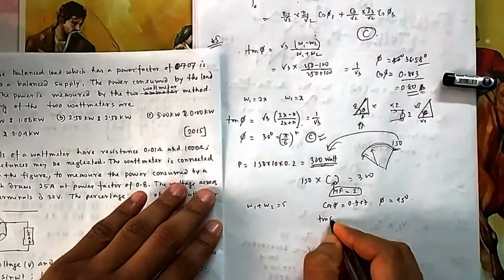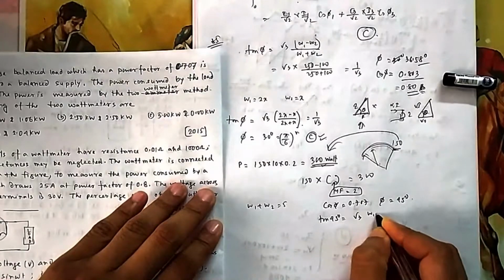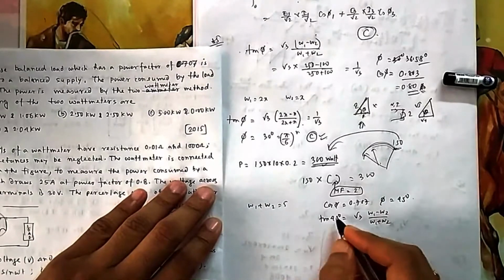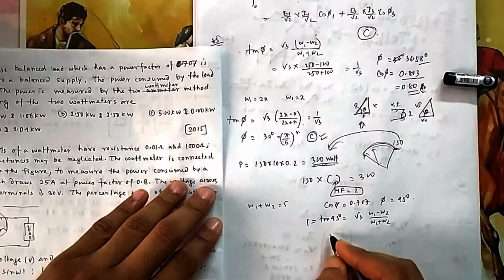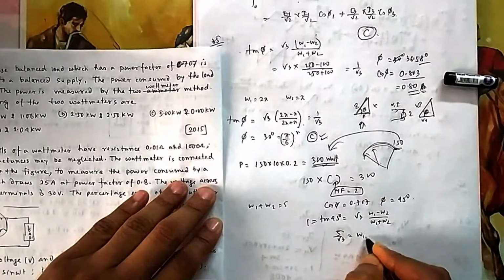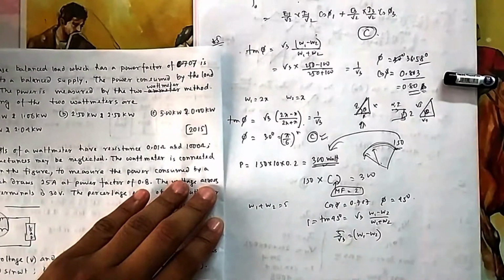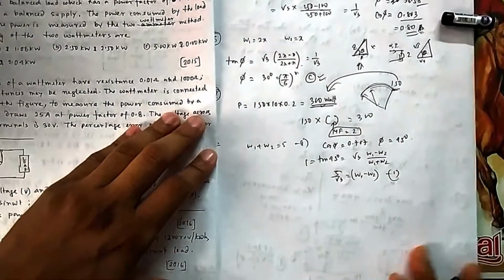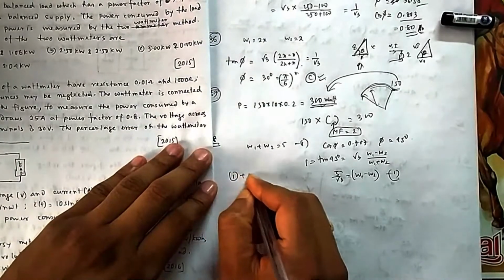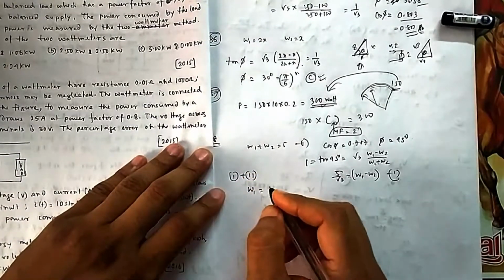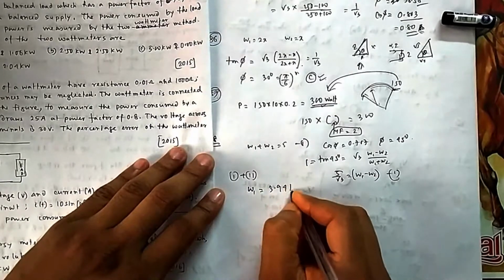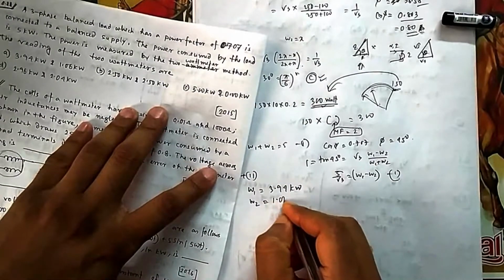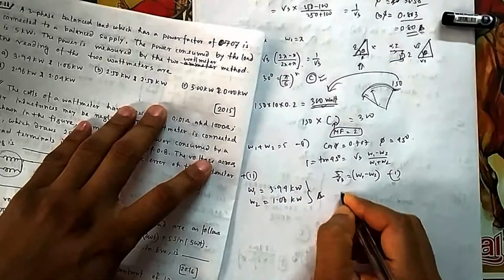Now you have the formula tan phi is equal to root 3 times (W1 minus W2) by (W1 plus W2). W1 plus W2 is given, tan 45 is 1, and this is 5, so 5 by root 3 is your W1 minus W2. So you got this one and you got this. You solve these two equations, easy. You add them and W2 will get cancelled. I am writing directly: W1 is 3.94, and obviously from the options, and the other will be 1.06 because the total is 5. So this is your option A.